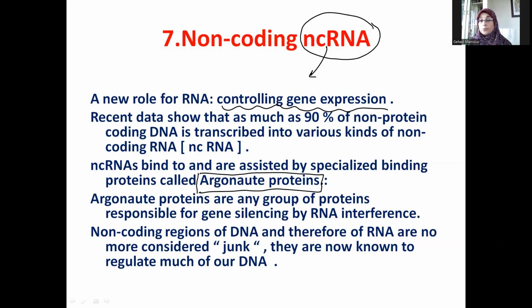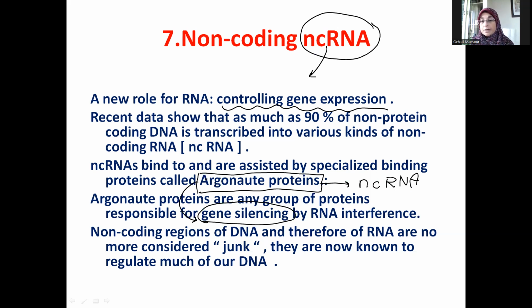They are any group of proteins that will help the non-coding RNA that binds to them to silence a gene. So actually, Argonaute proteins are responsible for gene silencing, but they are not themselves the main silencers of the gene,